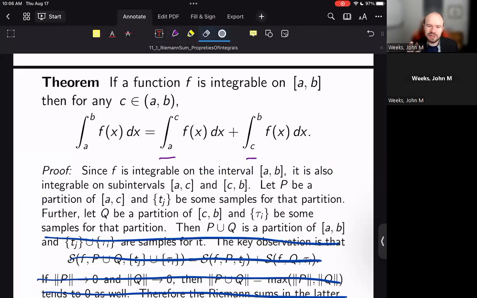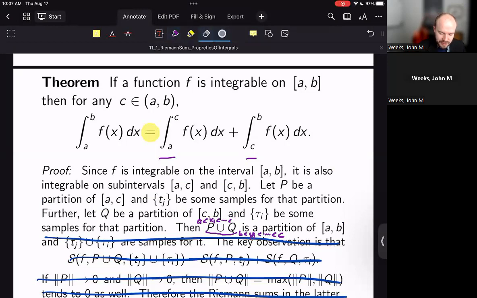Then the connection here, to see that these two things are actually going to be equal to each other, not only that these are all integrable so that these limits exist, but that the sum of the two things on the right-hand side equals the integral on the left, is that we're going to have a key idea. That idea is that if you take those two partitions, P and Q, and you union them together, because this P right here is a less than x1 less than ... less than c, whereas Q is c less than y1 less than ... less than b, if you union those together, what you get is another partition of the interval going from